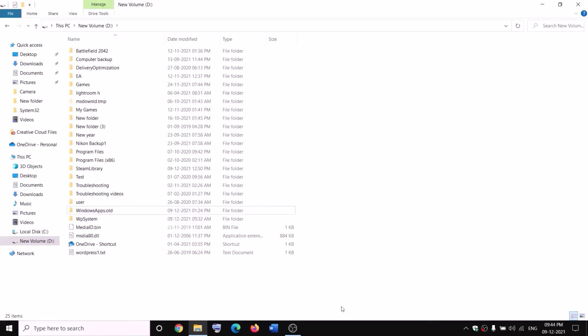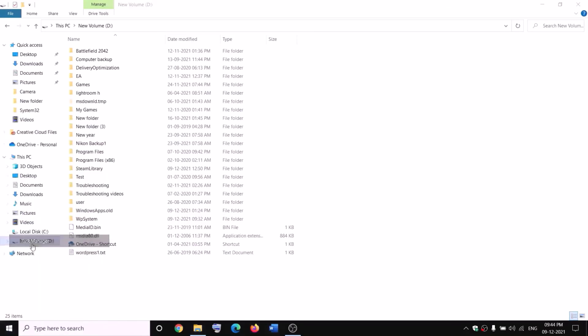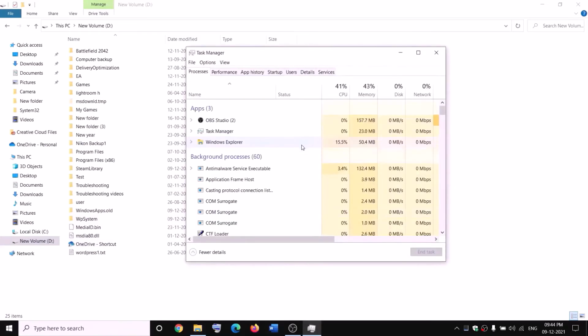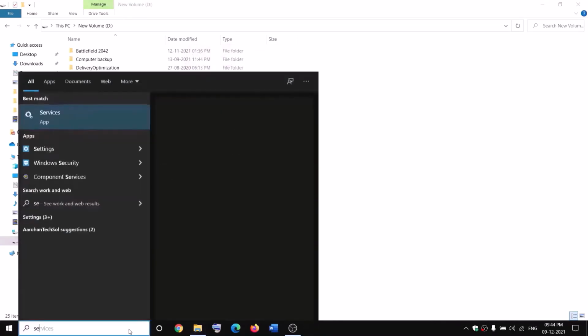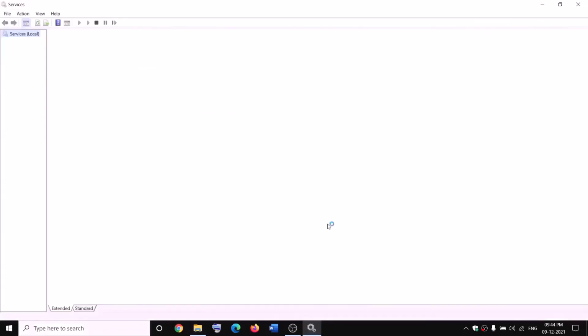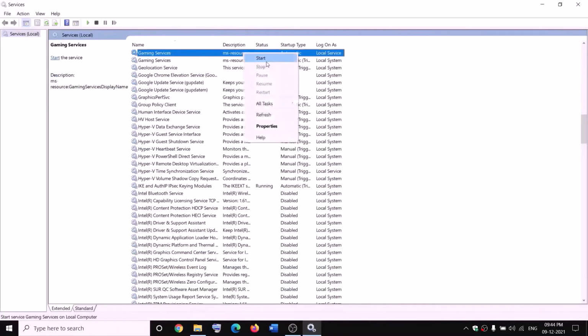open, in that case open Task Manager on your computer. Make a right click on the start menu, click on task manager. Now if you find gaming services, make a right click and then click on end task, and also open services over here, and then go to services and find gaming services, make a right click on gaming services, click on